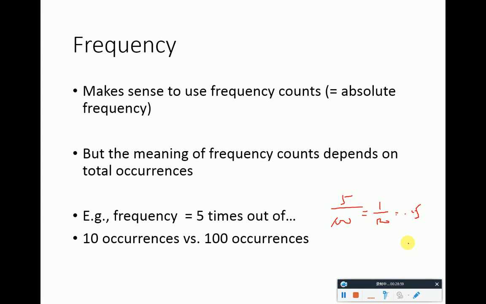That is 0.05. Am I correct? My math's a little rusty. 5 out of 100. Yeah, exactly, 0.05. That means 5%. That means this event in this context is, after all, not that common. It's very rare, actually. Okay, so that's what we mean. Absolute frequency is useful, but it can be misleading depending on how many trials, or how many total occurrences you have. Okay,